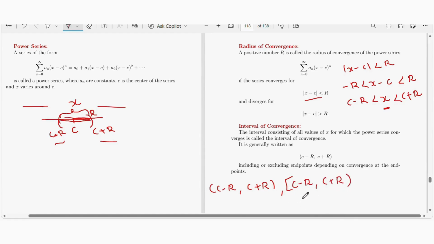If the series converges at this point, we have to find convergence at this point, then it is required to include the point. So we have included that point here. That's why this is the closed interval, closed to open. Next is c minus R to c plus R,